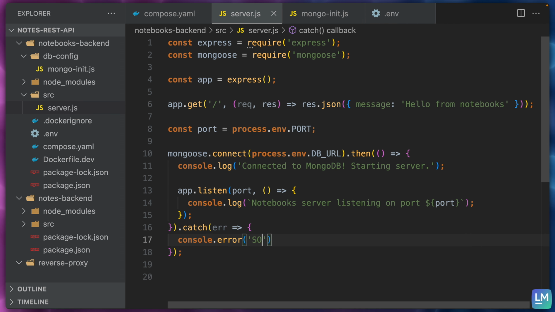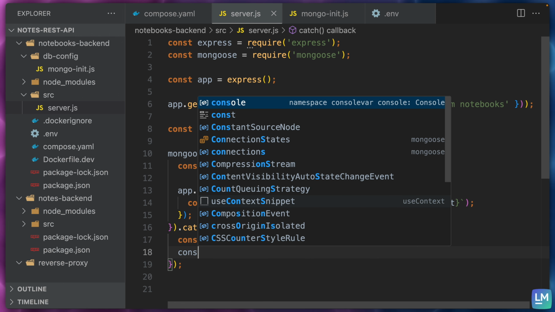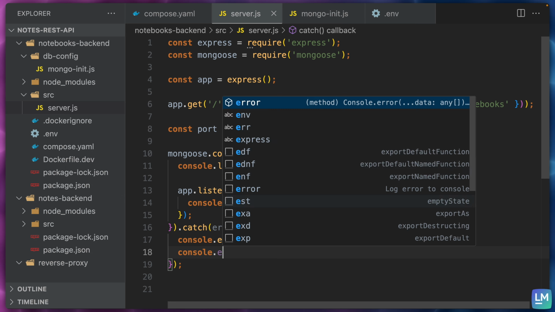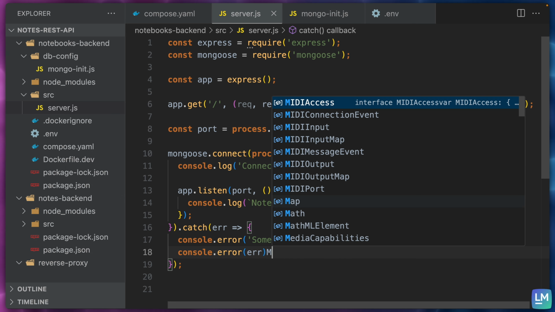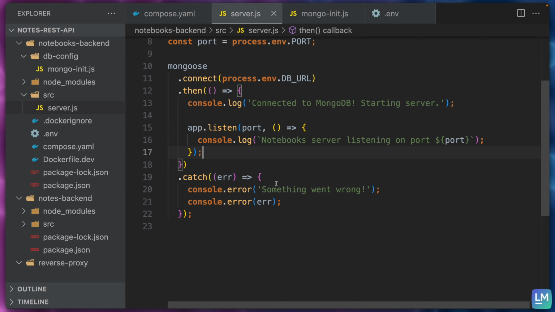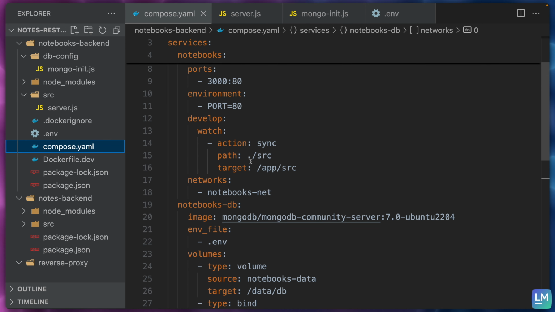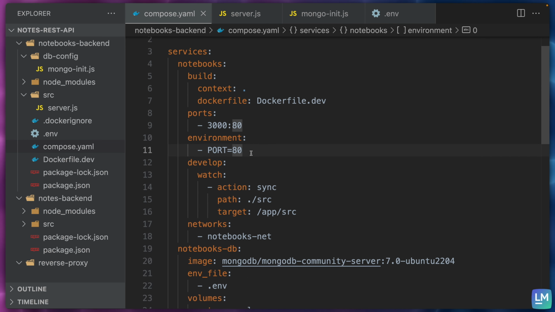And we will say just something went wrong. And then we will once again print the error here at the bottom like so. Perfect. Let's save this to format it a little bit better. And now we can come back here to our Docker Compose and we can add another environment for the